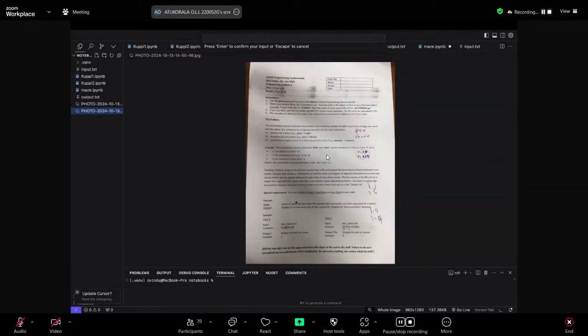Hence the Levenshtein distance is 3, right? How can we do this? Yeah, this is also a bit of a tricky question. How do we do that?